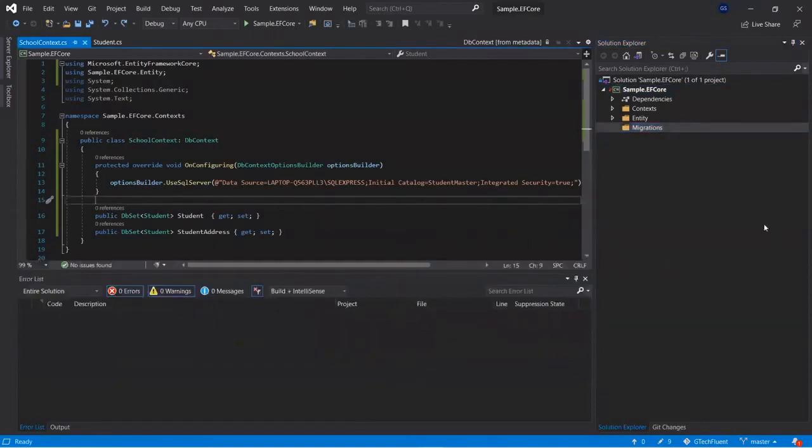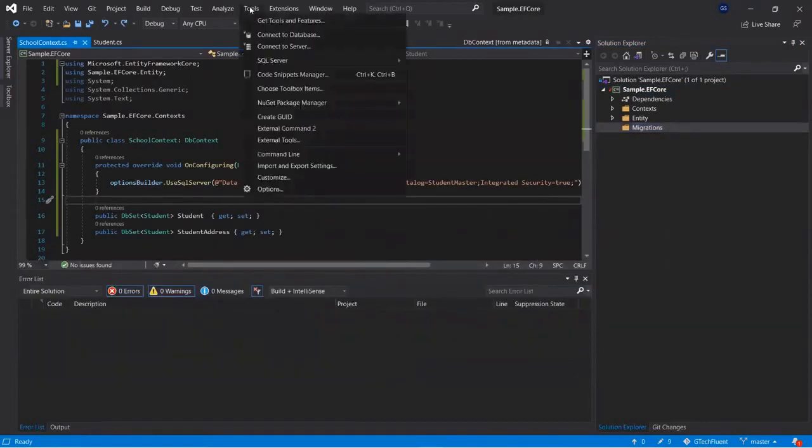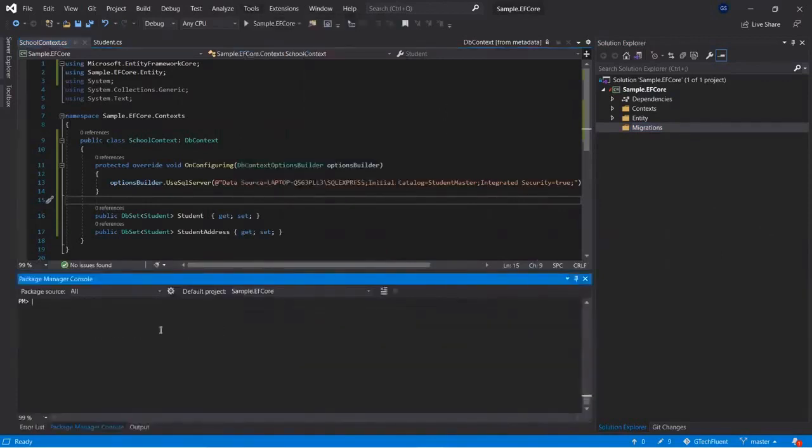We are using the Package Manager Console. So let's go to Tools, NuGet Package Manager, Package Manager Console. In the Package Manager Console, you need to run the command Add-Migration and give the name of the migration, like CreateDatabase.